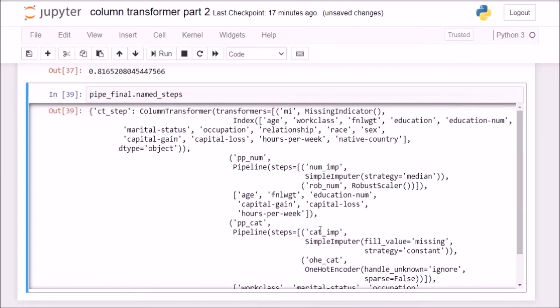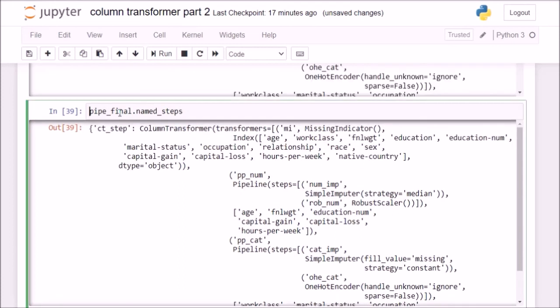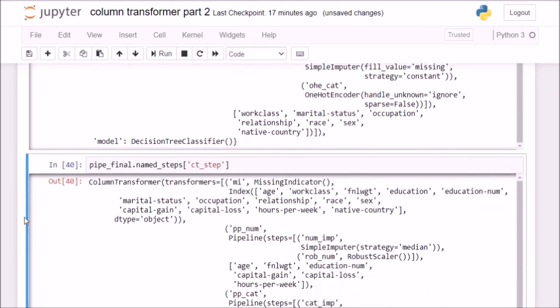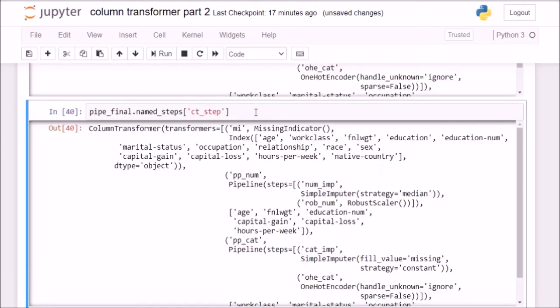Now I know that my one hot encoder is somewhere here, in the ct_step. So my next step is to go into the ct_step. Once I am in my ct_step, I see a column transformer. The basic principle is to attack from the left. Every time you see the leftmost object, you have to know how to enter into that object. To enter into this column transformer, I need to call .named_transformers. I can also call .transformers; these are similar things.